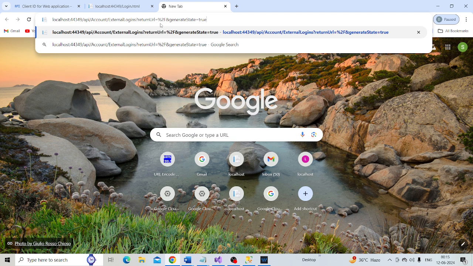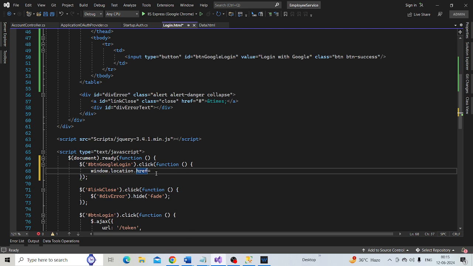So issue a GET request to this URL, which is going to give us another URL, and we will specify that as a value here.